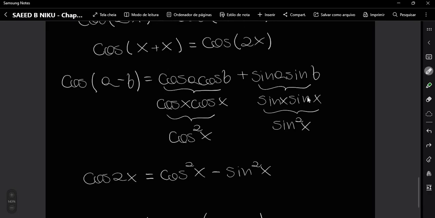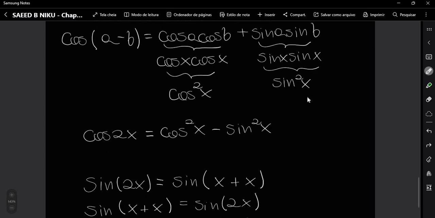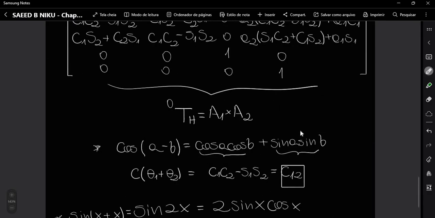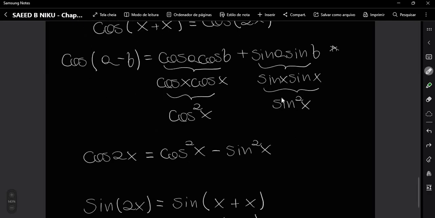I did this because I wanted to show you that this is the same property we are using above, but extended so you can see better that now we have this identity. Now this is a trigonometric identity,